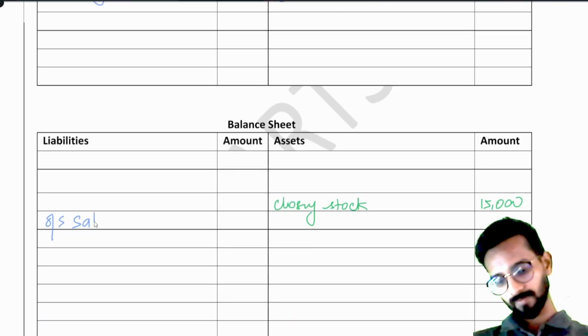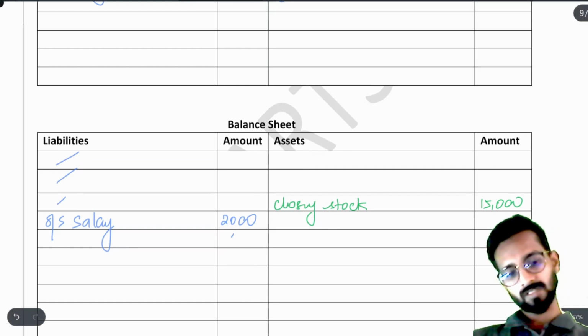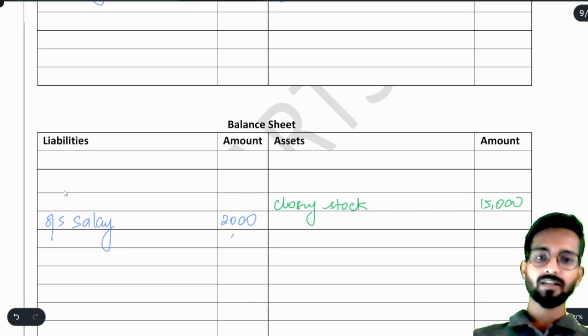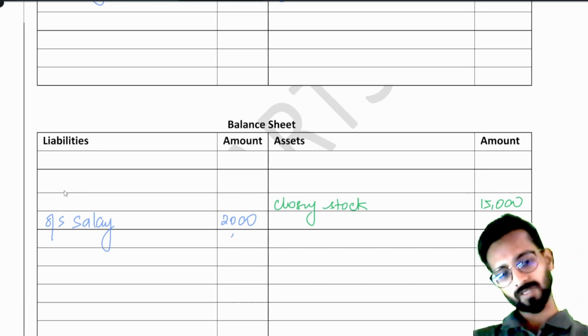Outstanding salary 2,000. Sir, why have you left so many lines to write owner's capital and all those things? Sir, is it mandatory to write owner's capital in the first line also? It is not mandatory. It is just that it looks good. Okay, first capital and then liability. Okay, then